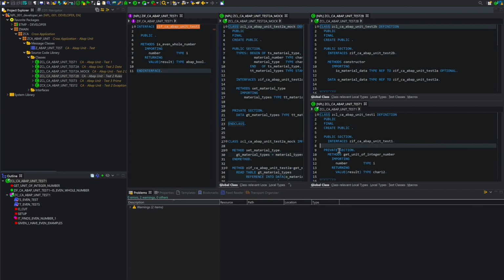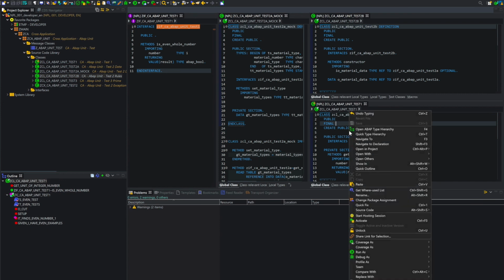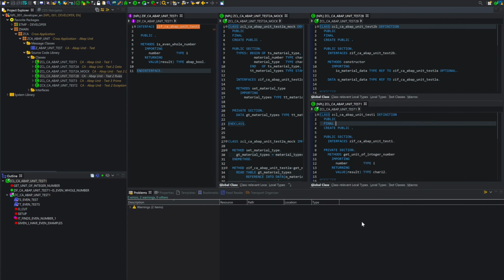If you want to lock an object, you have, for example, to save it, or maybe to make a modification. Yes, I have made a modification. Now in my SM12, I will see this object is locked by me. I could unlock an object directly here, or if I activate it, I unlock the object.